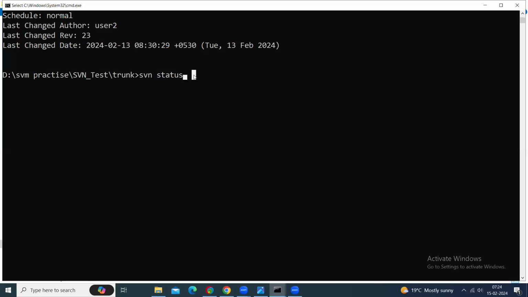Say svn status, enter. See, it is showing that the file is in a question mark. That means it is just added to your working directory, not into the repository. Okay. And now go to that,